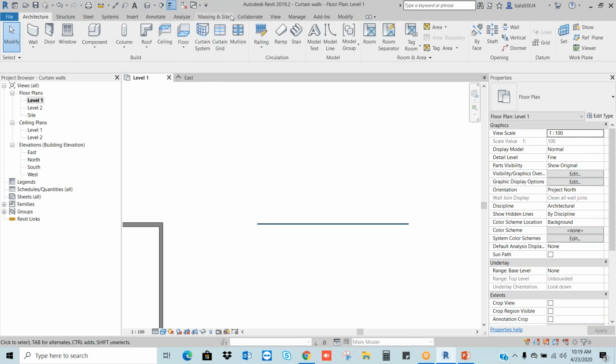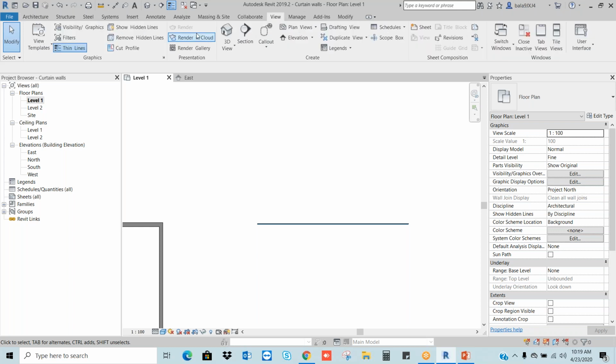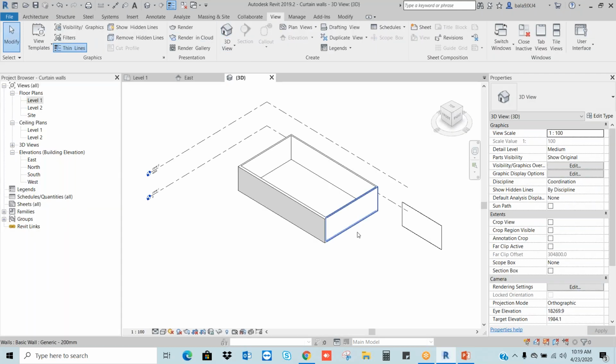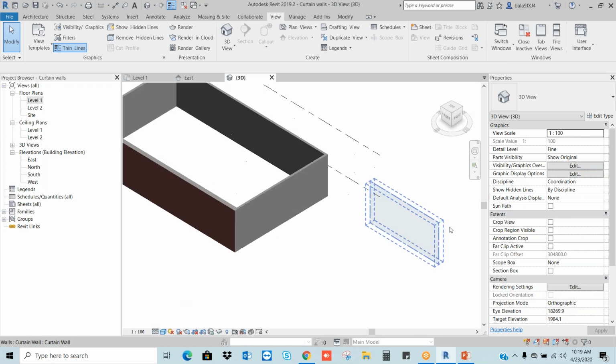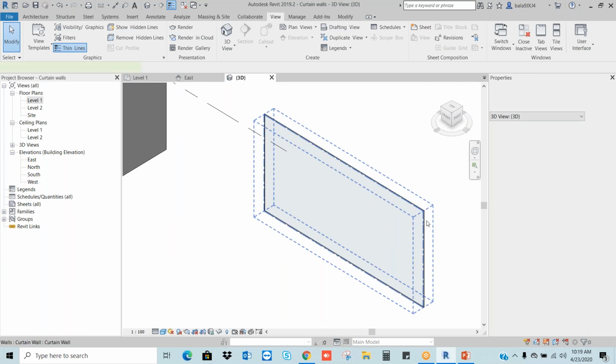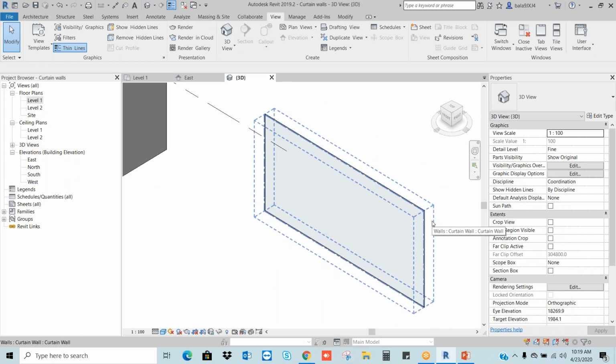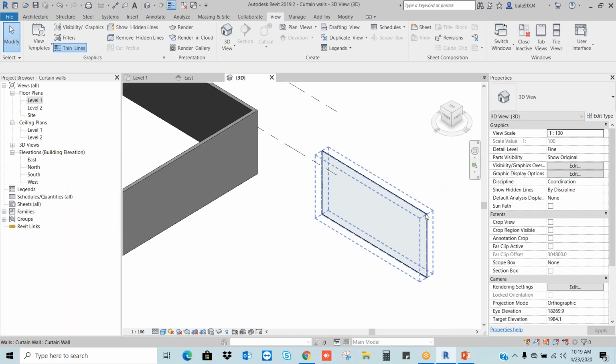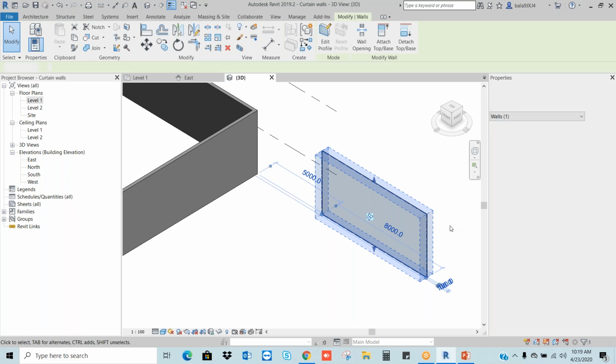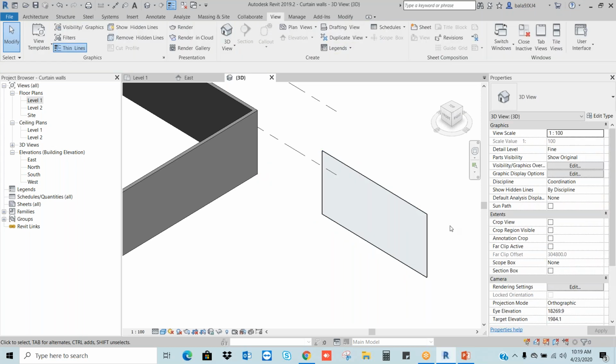See, I am just going to look at it in 3D. Okay, this is fine and shaded. Here I can see a single piece of glass. But according to market availability, it's not possible to get this kind of glass. Generally we get small pieces of glass.